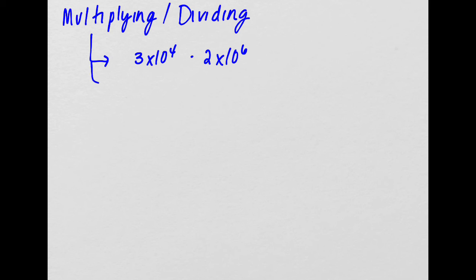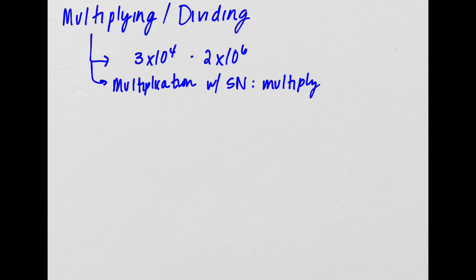When we're doing multiplication with scientific notation, we multiply the coefficients, meaning these numbers, 3 and 2. We just multiply them like normal. And then we add the exponents,